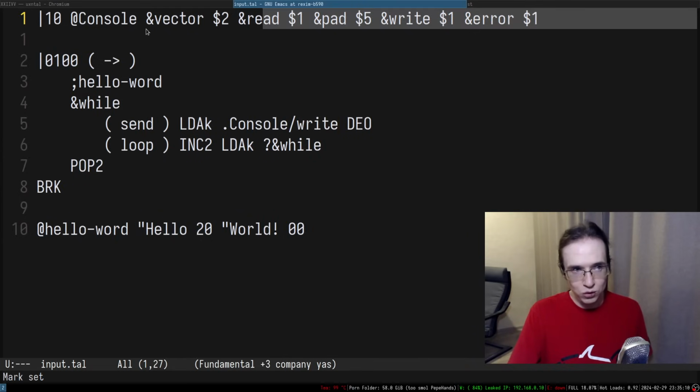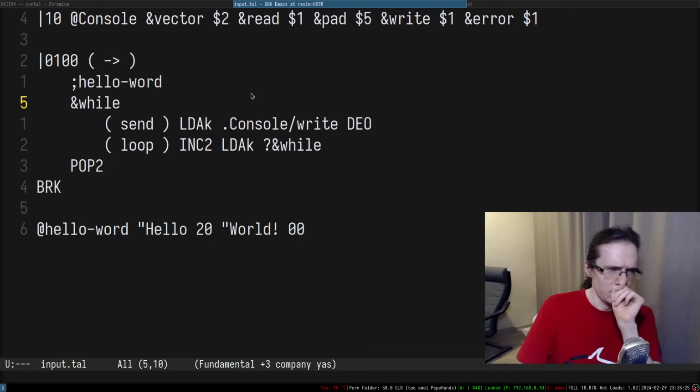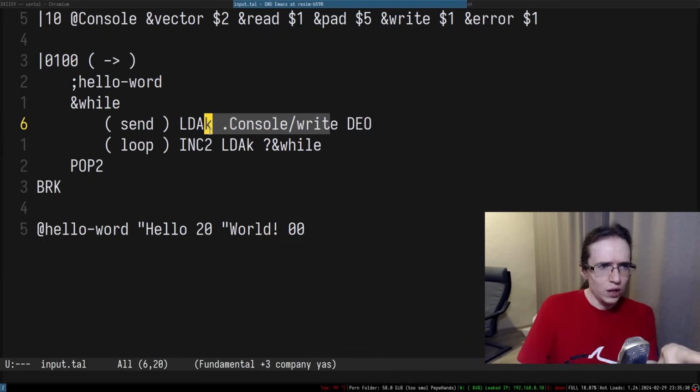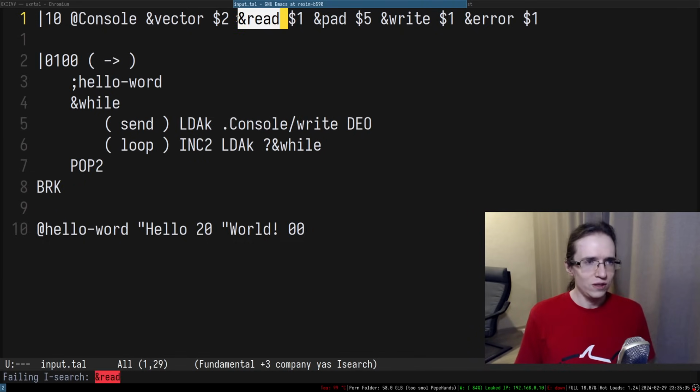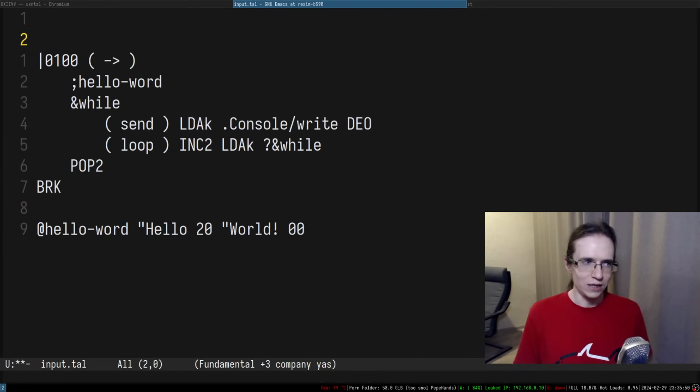Right, so here we have some sort of a structure. Here are sub-labels, they have these sort of values in there. So if I'm doing a write, here's the interesting thing. I do not use read, I do not use pad, I do not use error. And when I'm referring to this thing, I'm basically pushing a value of 1. Chat, do I understand correctly that I can nuke this entire thing and just replace it with 1 and it's still going to work?